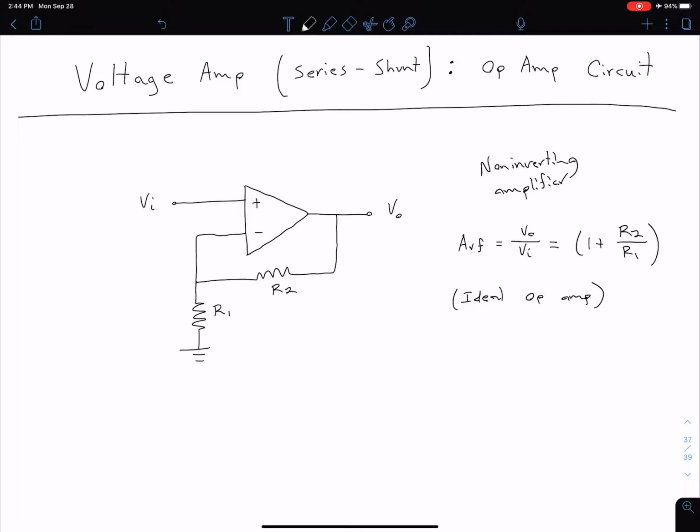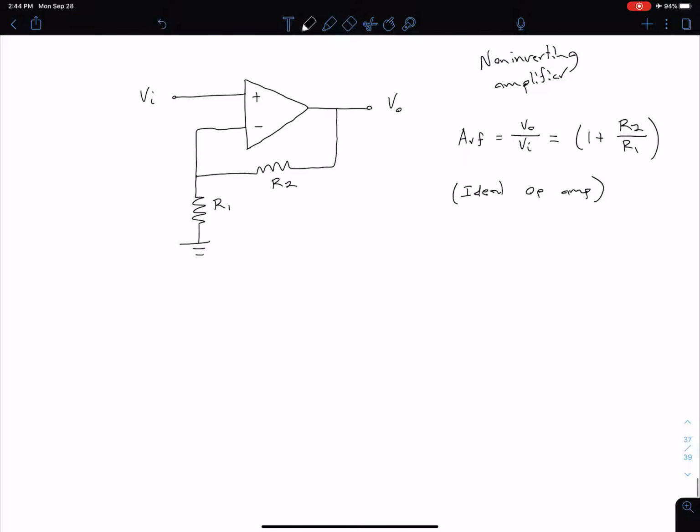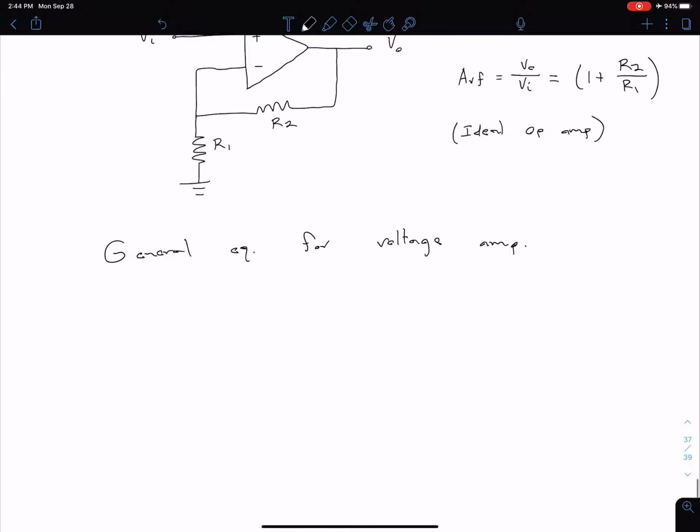But if we think about it, we know it's a voltage amplifier because we have some input voltage and we're getting some output voltage that is a scaled version of that. So let's think about our general equation for our voltage amp, with feedback. What we have is that our closed loop gain, A sub VF, is equal to our open loop gain, A sub V, divided by 1 plus beta V times A sub V. And remember, beta here is not our current gain of a transistor,